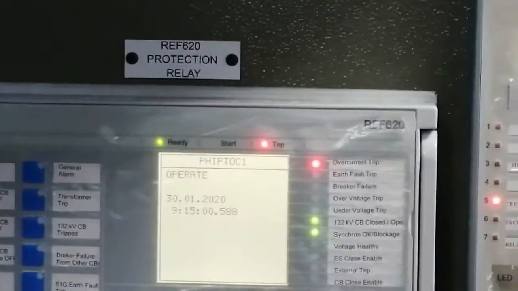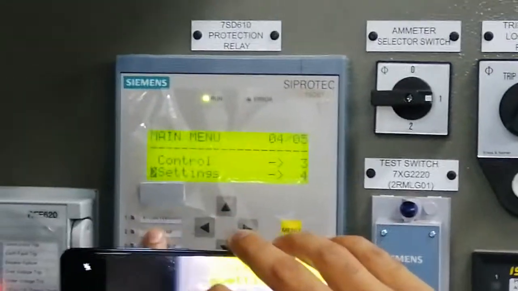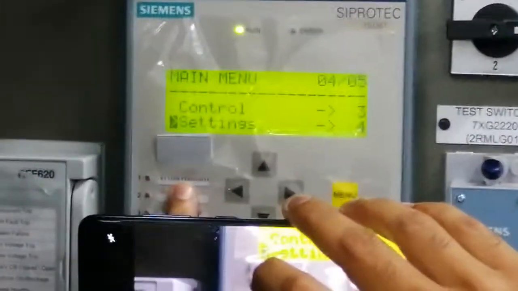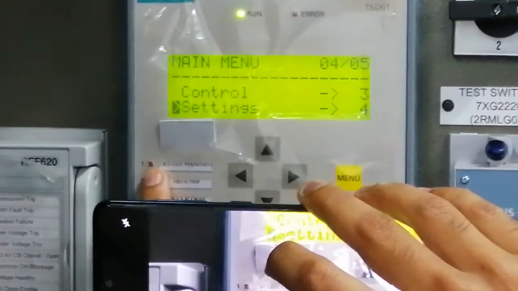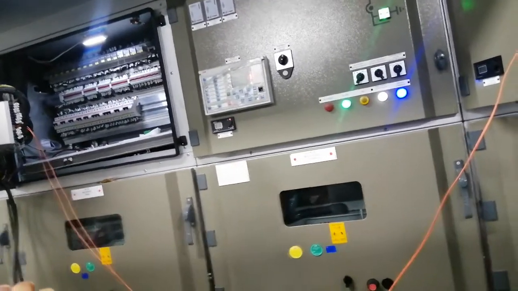That means there is a fault on the 11 kV switchgear side, and now we should not have the permission to close 132 kV. See, this is the 132 kV Ciprotec relay, and we don't have the permission to close the 132 kV circuit breaker. So actually all these are different conditions of only one signal. That one signal is the 132 kV circuit breaker close permission. So multiple conditions are there in this signal.